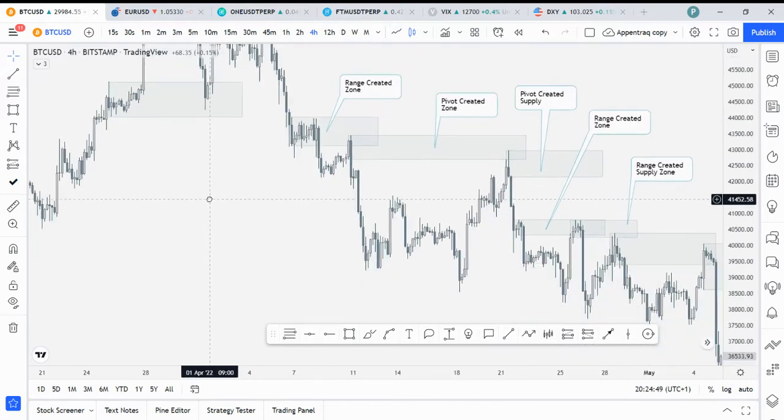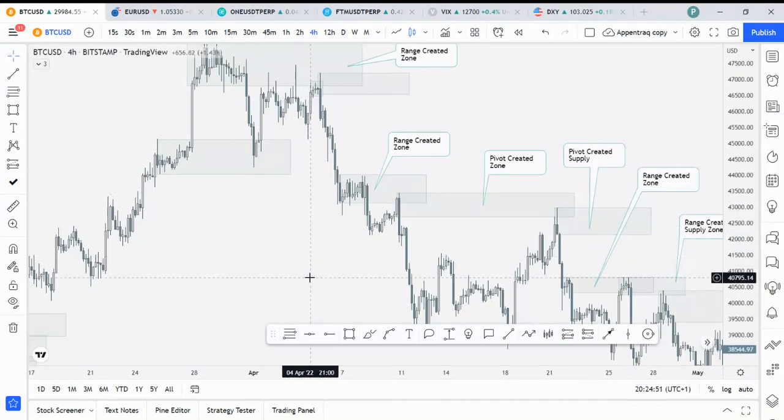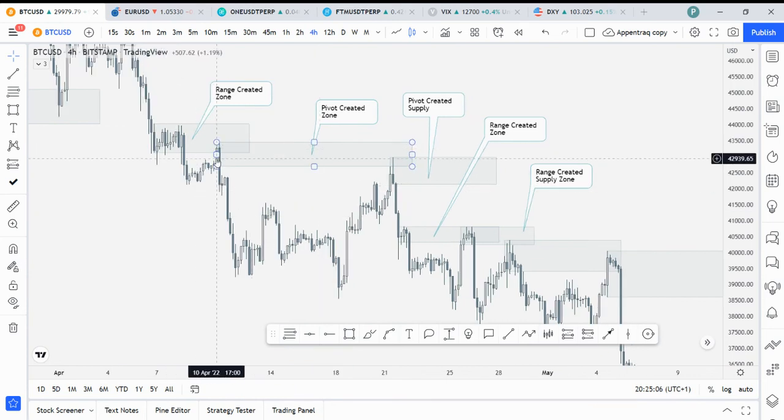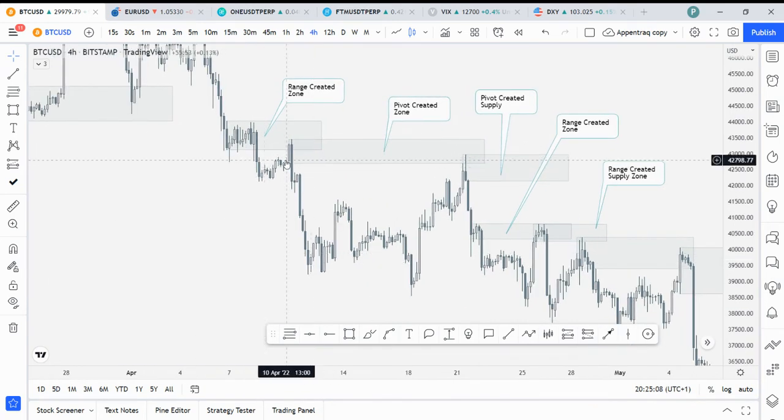Pivot created zones are formed when price all of a sudden makes a move upward and then makes an impulsive move to the downside in the case of a supply zone, and the opposite for a demand zone. So this, for example, is an example of a pivot created zone, where price makes a quick move to the upside and then sells off immediately. Okay, quick move to the upside, then